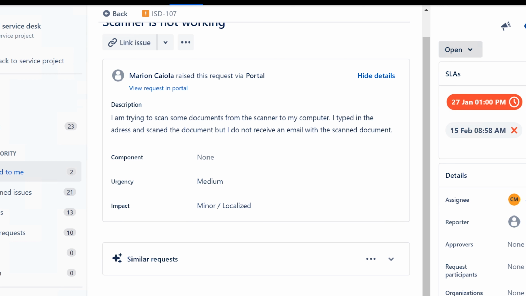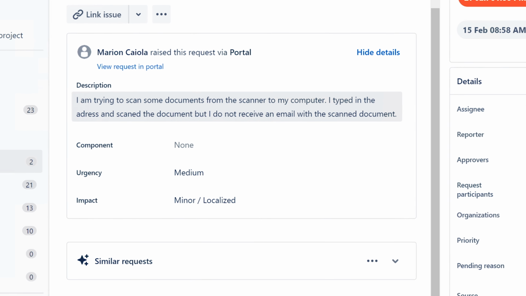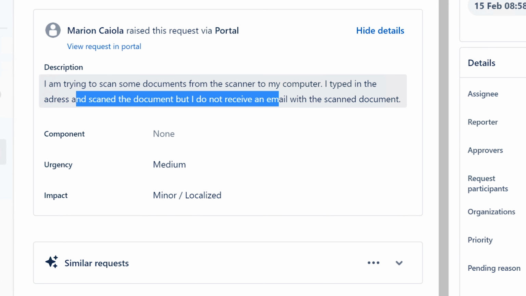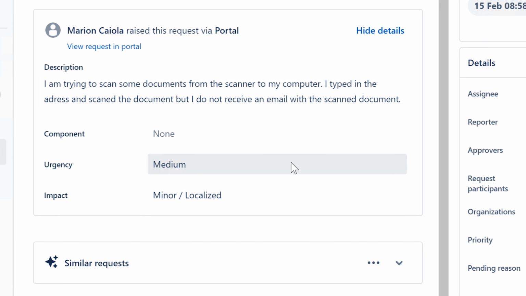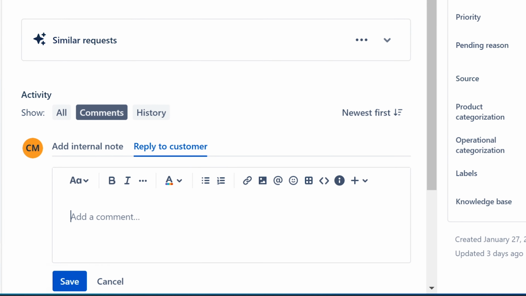There is going to be a pop-up that comes up. Since we didn't get any more information in order to resolve this issue, I'm going to have to close it. Somebody did mention when I talked about this that this setup could be a scanner that, once you scan an item, sends it to your email, but I don't have enough information to go through the troubleshooting of this. Again, this is one of those things where you have to ask the user for more information in order to resolve issues. So I'm going to say